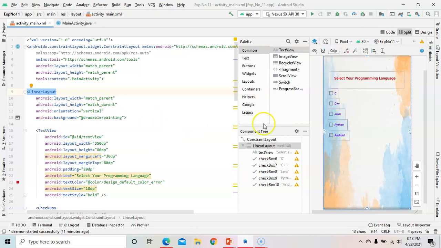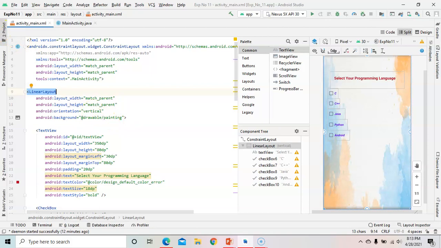You can see our design has a background image. How to do this? You need to give the background image in the layout. Android background is equal to the image in the drawable folder. In the drawable folder you need to store one image. My image name is painting.